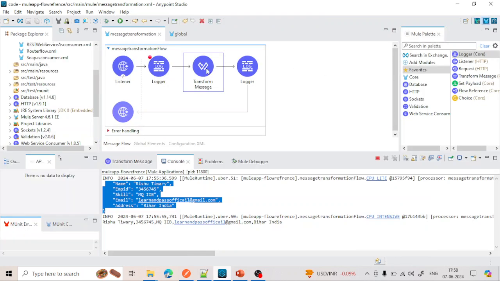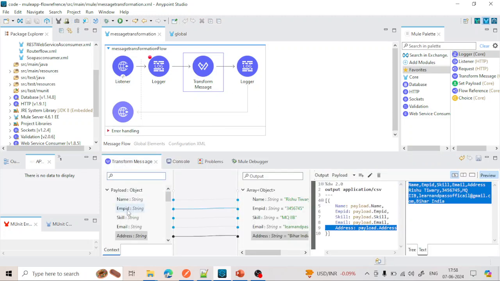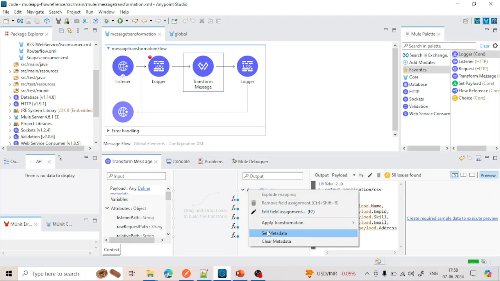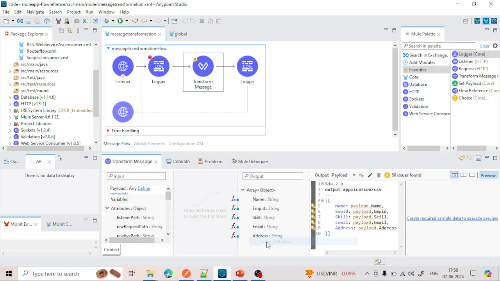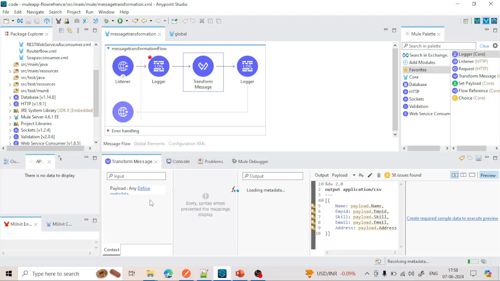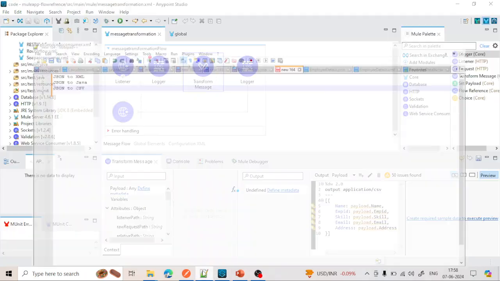In this flow, if you saw last time, we made all the changes as per the requirements. Let's clear the metadata, and for this also let's clear the metadata. Again, let's clear the metadata. Okay, now I have cleared both metadata. I want to implement the project, that is the